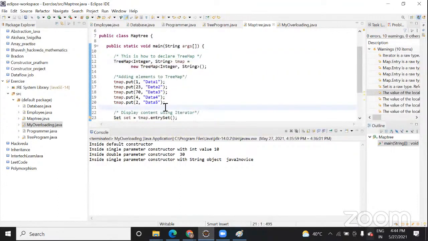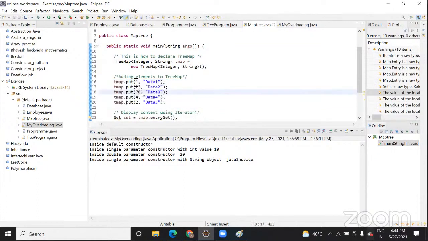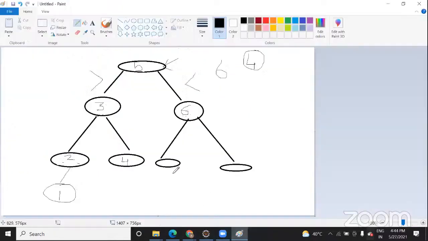So in this tree map also the data will be saved in the form of key and value, and this key will identify the data. If you see in this structure, the key will be, you can say, the node number. That is identifying the data. If I say the first node, second node, third node, then they will identify the data. So how will you identify the node? This will be the first node.